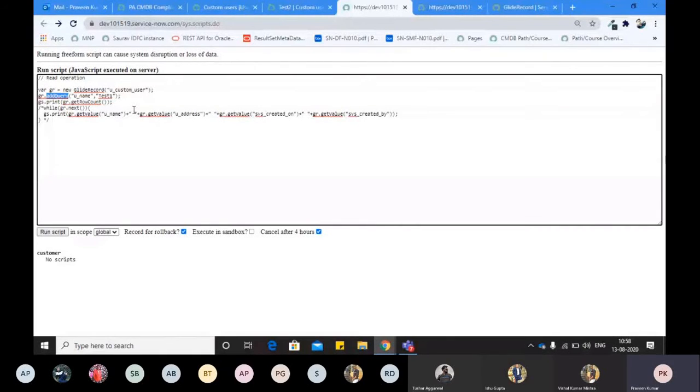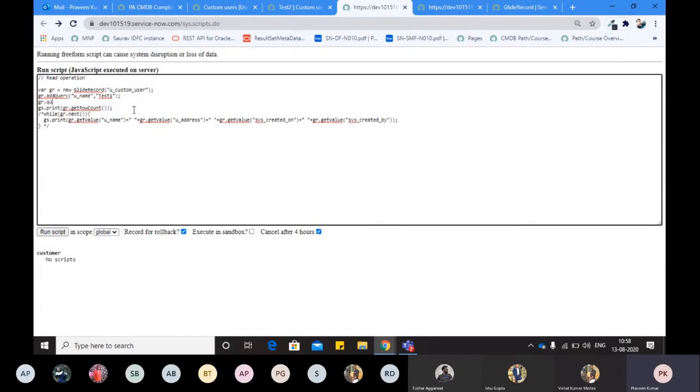Till now we were not using any filter here, right? So that's why we were using only the query. If you want to put a filter, you will use the addQuery function. But if you are not putting any kind of filter, you will directly use the query function.